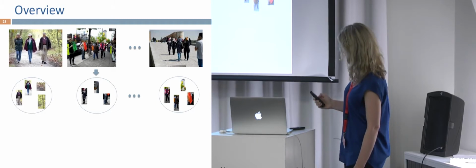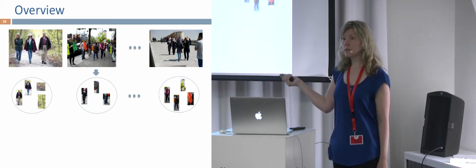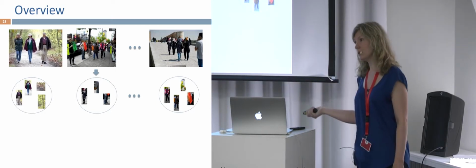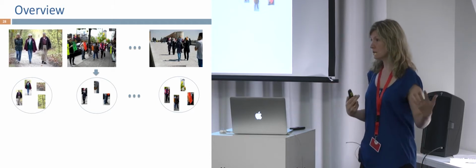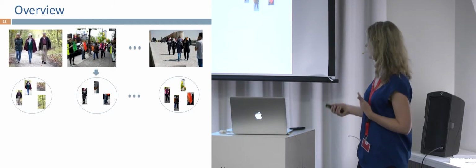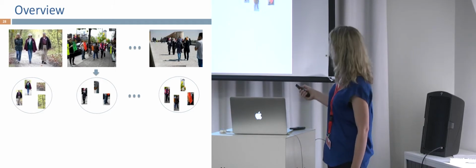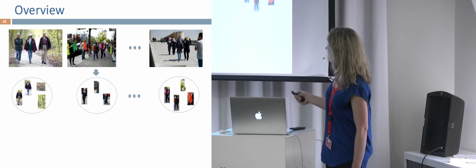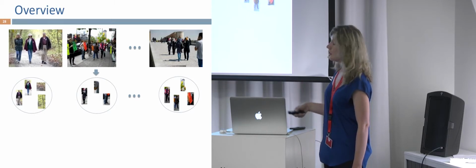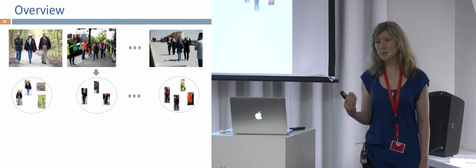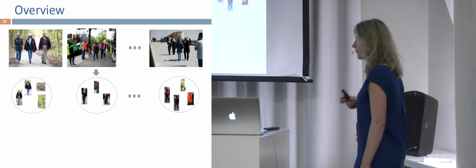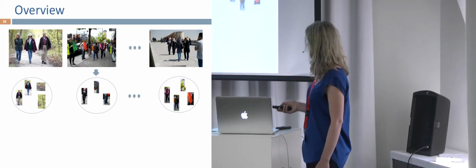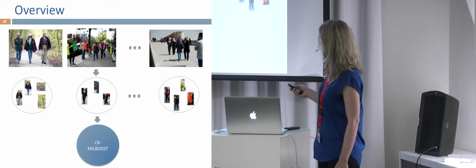Now, if we knew which of these regions contain the object and which ones did not, then we'd be done. We could then train a machine learning algorithm from that data, but we do not. So the problem is that instead of a training image and a label, we now have a bag of images, at least one of which we can assume is probably the correct object, and a lot of them might be incorrect.